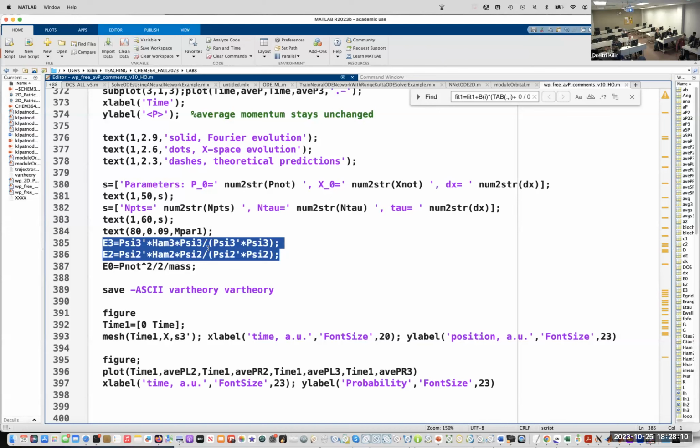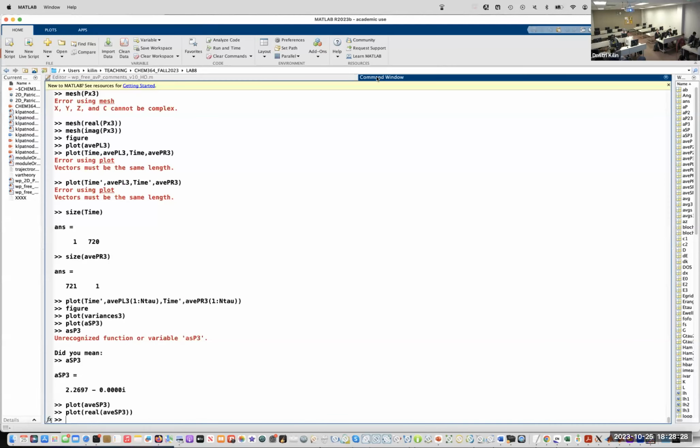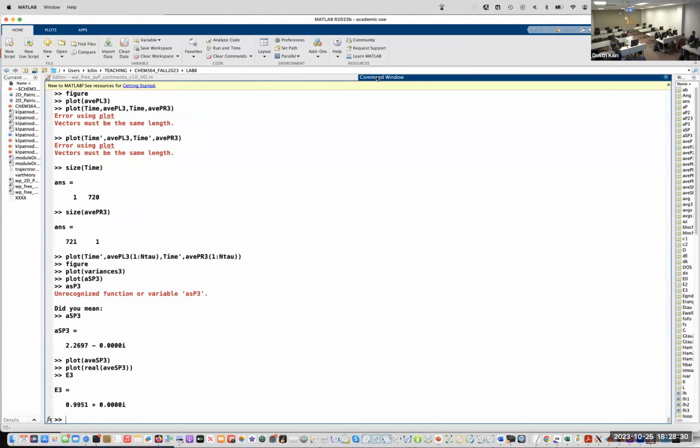To check if the energy conservation law is maintained, one should do it inside the loop and track the expectation value of energy over time. So Hamiltonian, conjugated wave function, non-conjugated wave function, and the normalization. If we type E3, it gives some value.